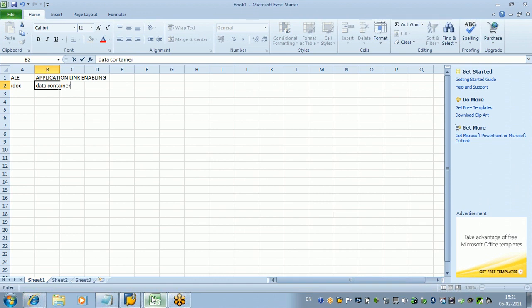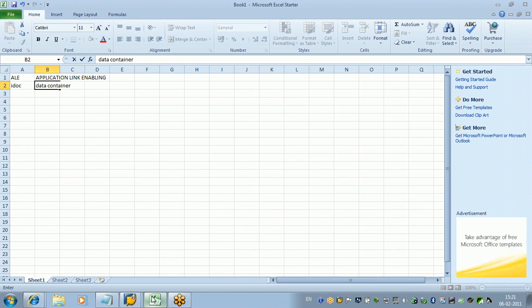he has two plants. Now what he will do, he will try to implement SAP for his first plant, and then he will try to implement SAP for the second plant. When the process is successfully over for the first plant, he will try to implement the same thing for the second plant. Okay. Or sometimes what will happen, some person is sitting in one position, maybe in Bangalore, some person